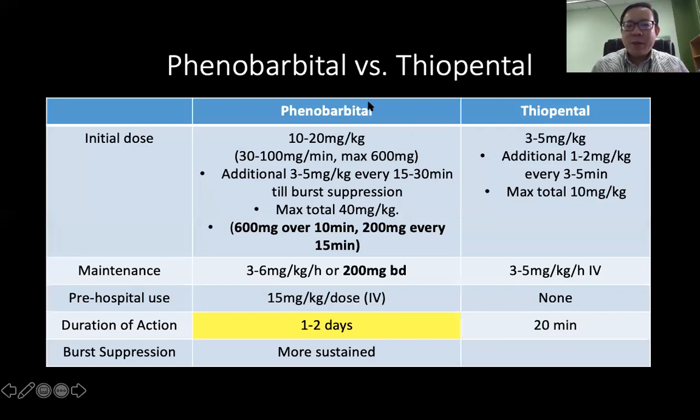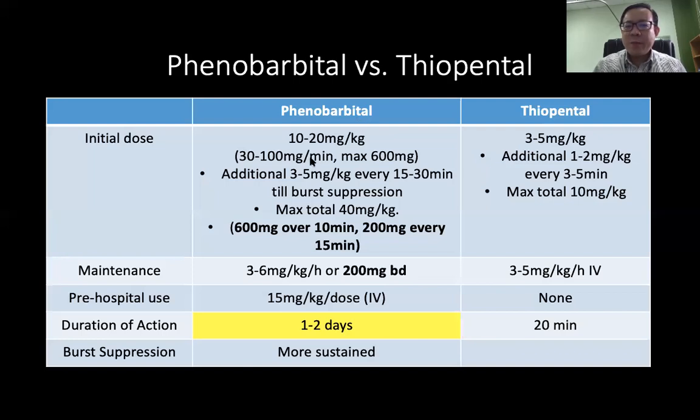Why do I use phenobarbital more than thiopentone? Thiopentone is a pro-drug. It has less active metabolites later on. But in our experience, when we use thiopentone, many patients develop seizures within 24 hours. So the bolus of thiopentone works, but the maintenance doesn't work. Therefore, patients develop status subsequently, or cannot tolerate the higher dose of maintenance in thiopentone.